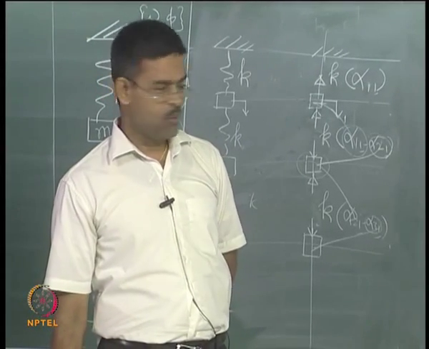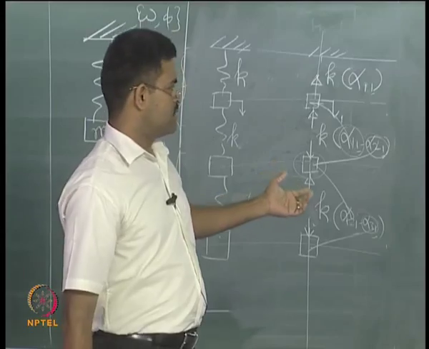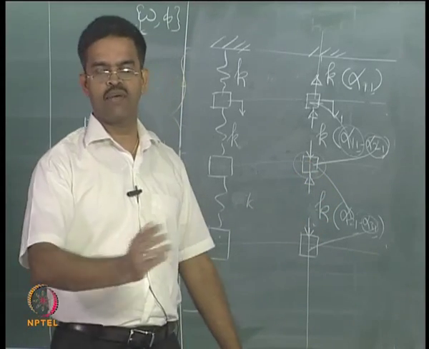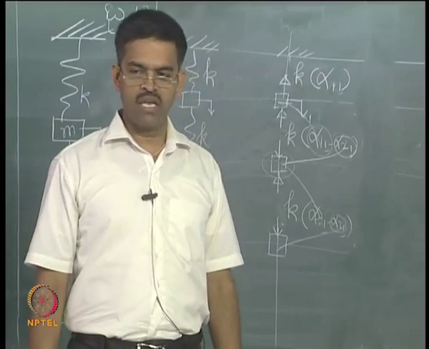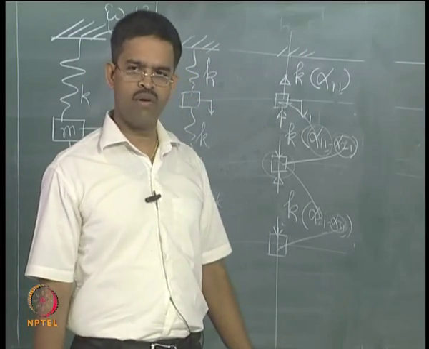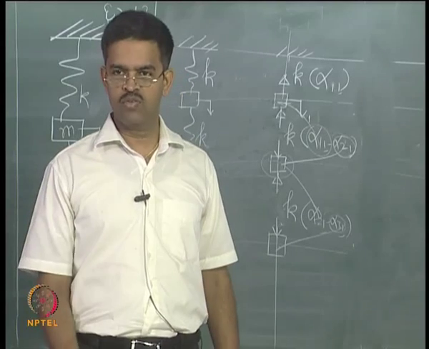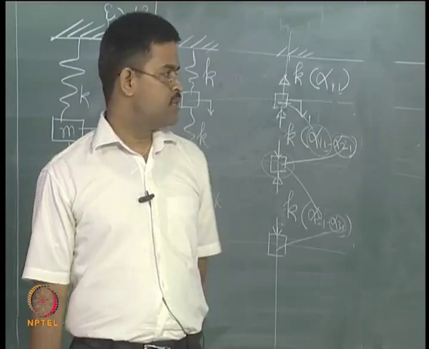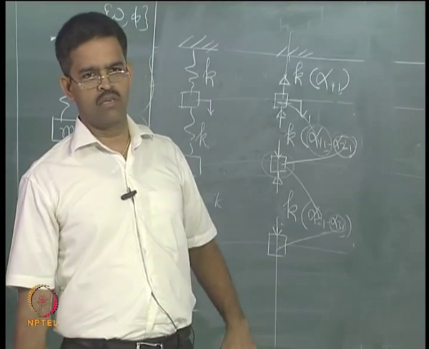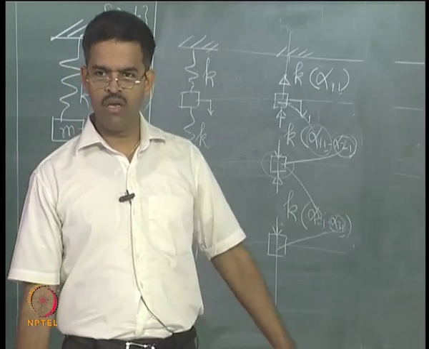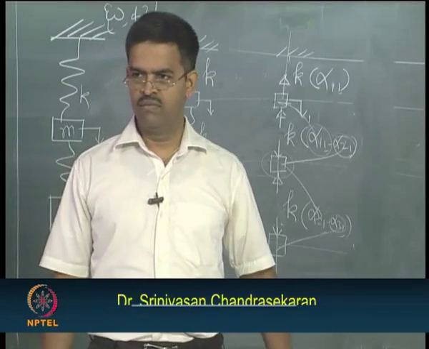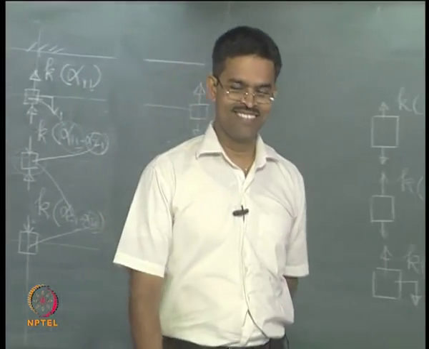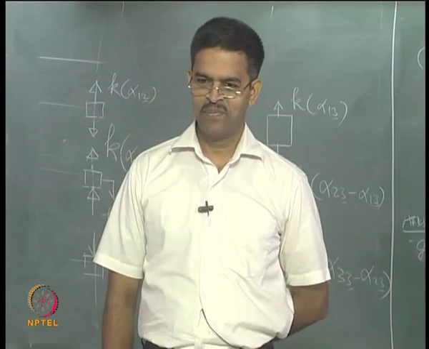Is that clear? So I want you to complete the influence coefficient matrix in the same fashion for all other remaining problems, just as a practice, and see can you derive the alpha matrix in the same style for all problems, at least 2 degree, 3 degree and so on. It is very important. You must understand this method. If it is understood, it is a foolproof technique. You will never make a mistake at all in finding omega and phi forever. It is for sure, and the converse also applies. Stop here.